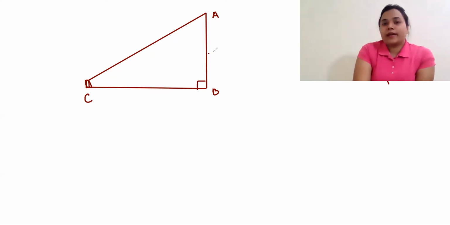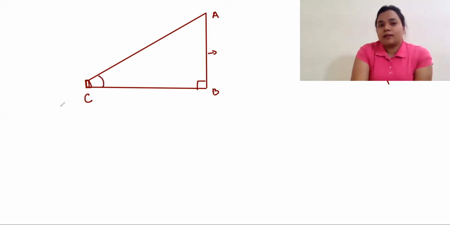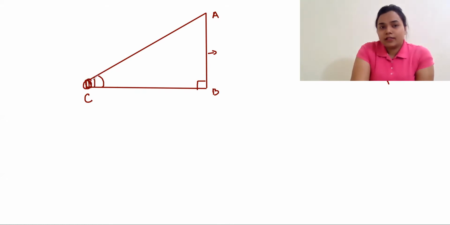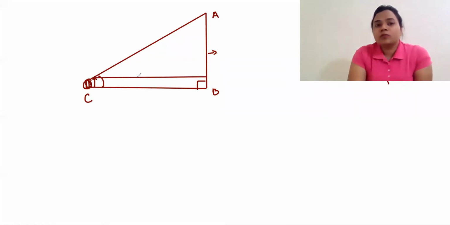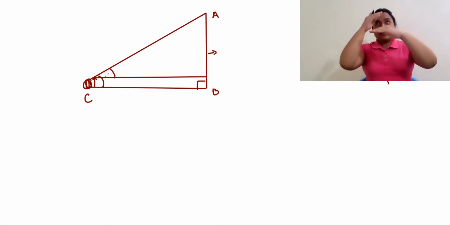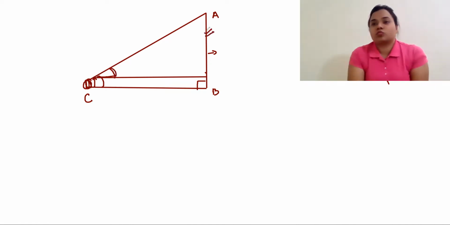Now suppose we have to find the height of the tower. How can we find that? In this case, we take the height of the person as negligible, or we can include it like this also. We can frame a right angle triangle like this. Now we can easily find the angle, between where we are standing and what we are looking at. When we know this angle and we know this side, we can easily find this one. This is the rule of trigonometry.